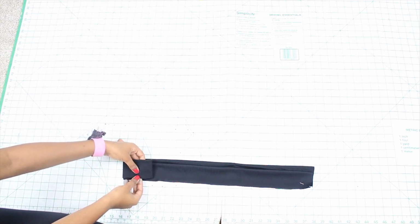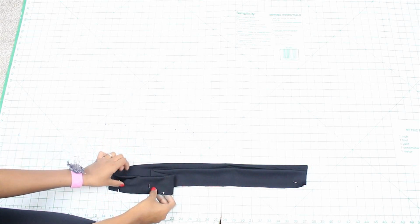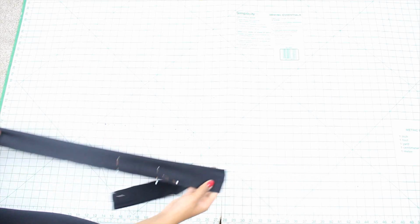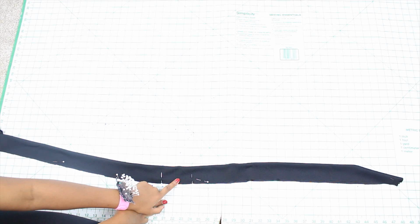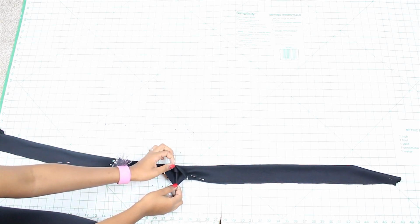about 1.5 inches, because I want somewhat of a 3-inch gap. It doesn't have to be exactly 3 inches, but pretty much what you want to do is create a gap that's equally in the center right here, because we're going to keep this part open here,